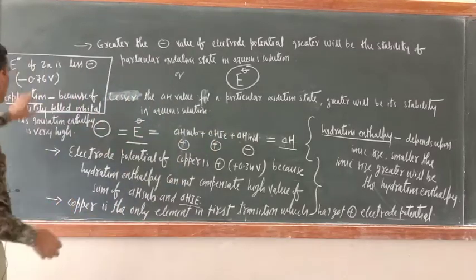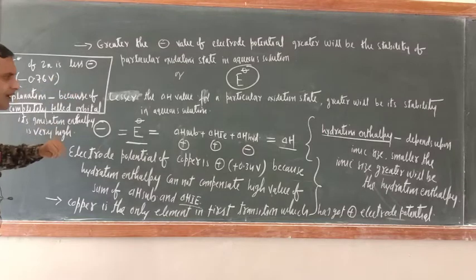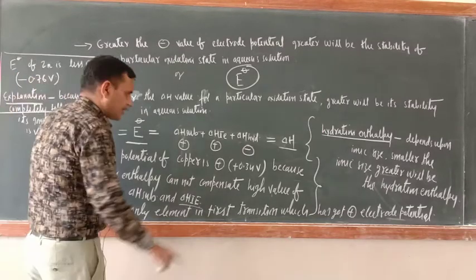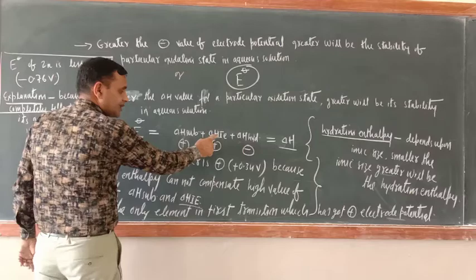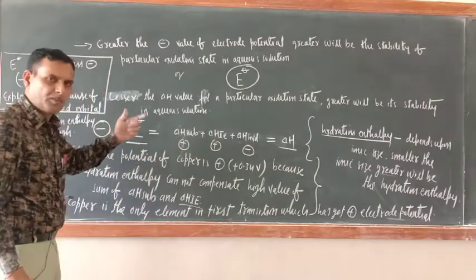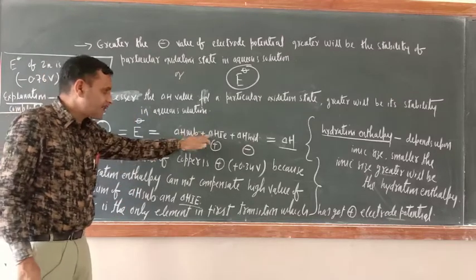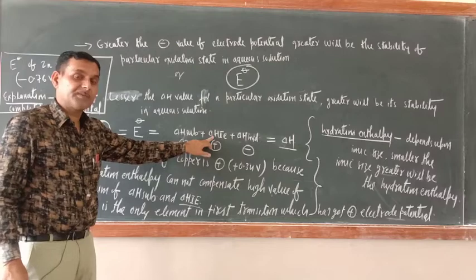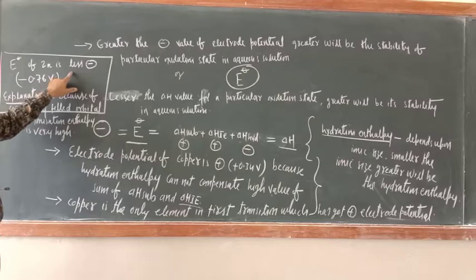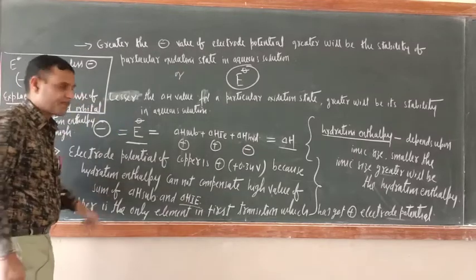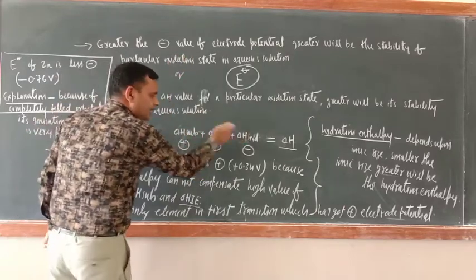Now here the question is, the electrode potential of zinc is less negative. If any value is less negative, what is the meaning of this? Definitely their sublimation and ionization enthalpy is more. Sublimation enthalpy will be more because their crystal lattice is strong. Ionization enthalpy will be more if their electronic configuration is stable. So just see, zinc has got less negative. When will this electrode potential value come less negative? When the ionization and sublimation enthalpy value is more than that of hydration enthalpy.